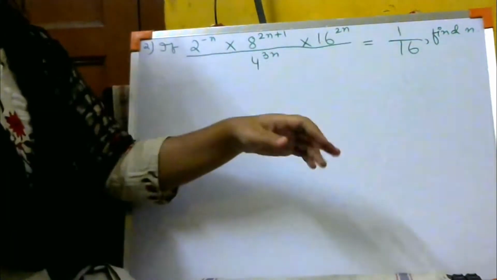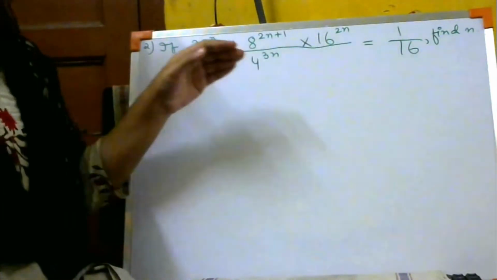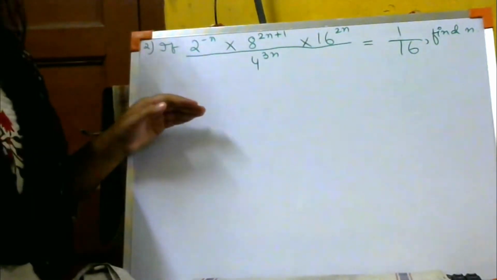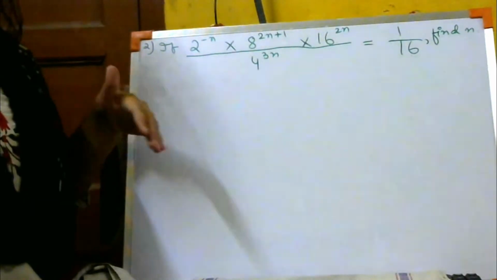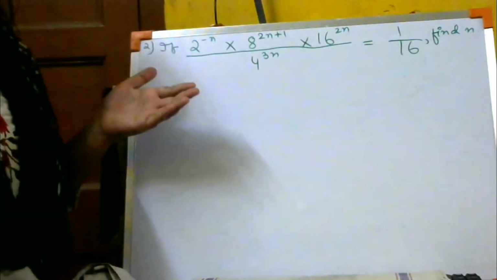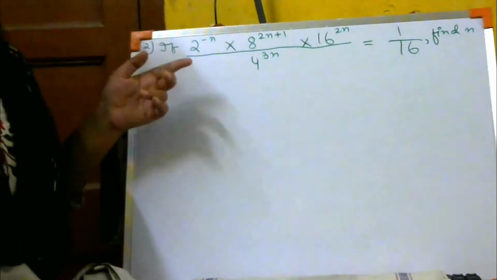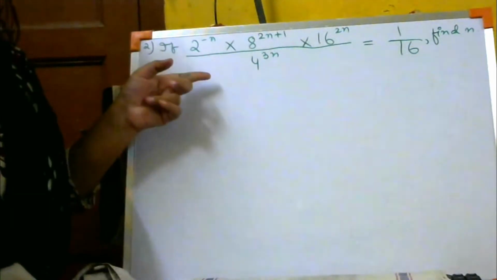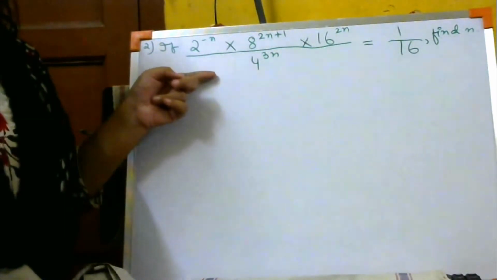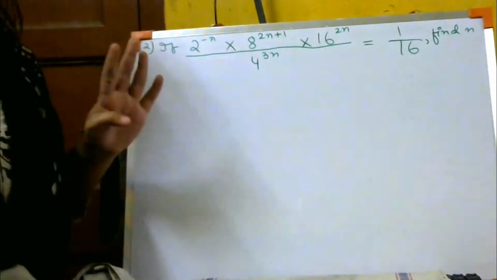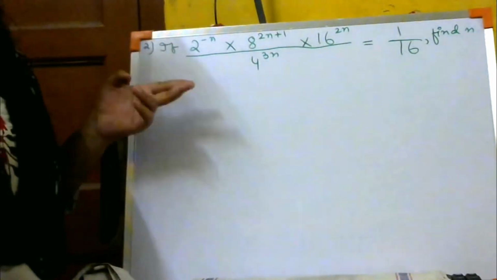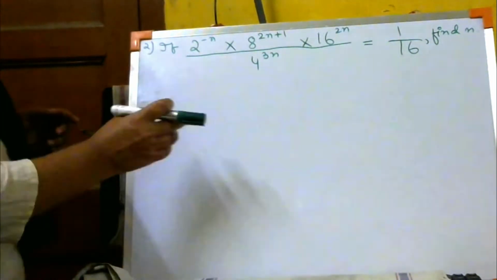Then find n. Same thing, you have to find the power, but I'm showing you how many formats of this kind of sums can come, इस sum का कितने सारे type का sum आ सकता है, ठीक है? That is why we are doing this type of sum. This is the last type of sum that we are finding the power. So total we have done 4, 2 in the previous classes, 2 in this class. Clear? So let us do this sum.